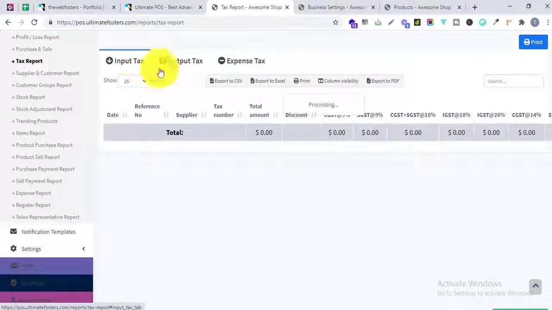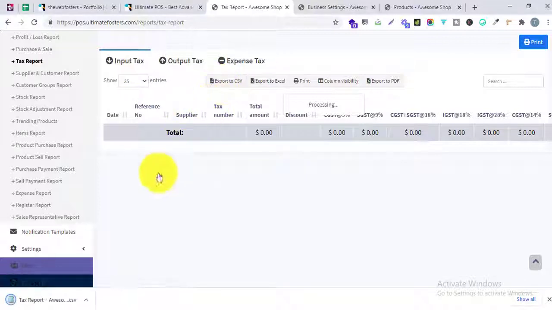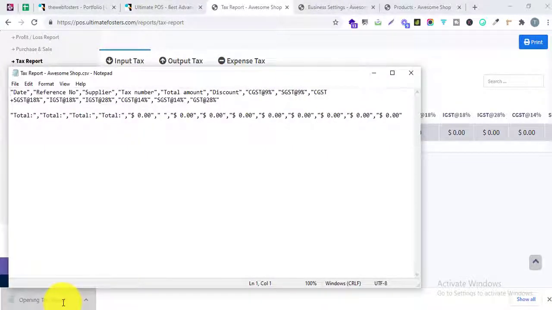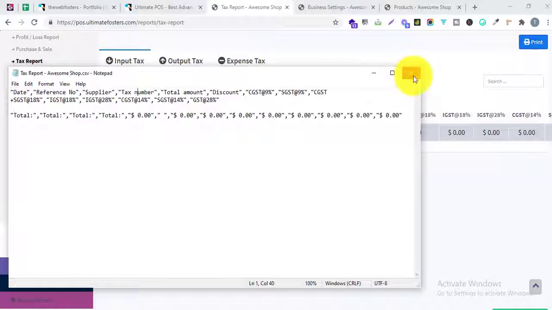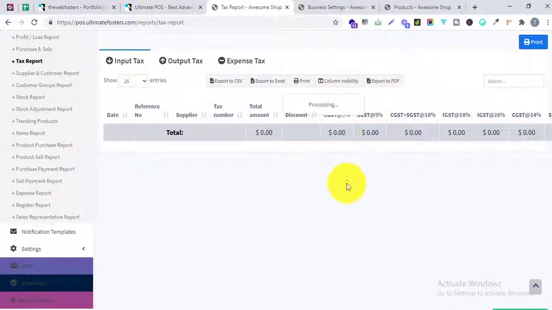Let me just export this to a CSV, and you can see that in the CSV it will show you all the different things like the date, reference number, supplier, tax number, total amount, discount, CGST, SGST, CGST plus SGST, IGST. It will show all the taxes and all the invoice details here. So that's all in the GST